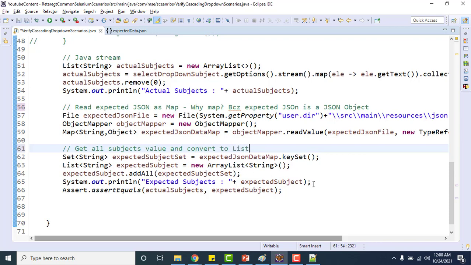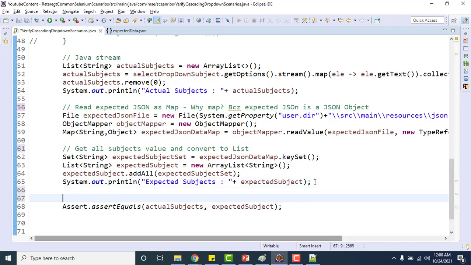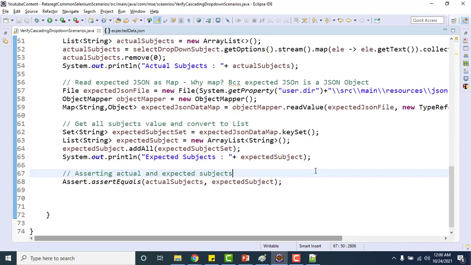And here we know what I am doing, asserting actual and expected subjects. So the first milestone we have achieved: we have verified the subjects drop down values from my expected JSON.